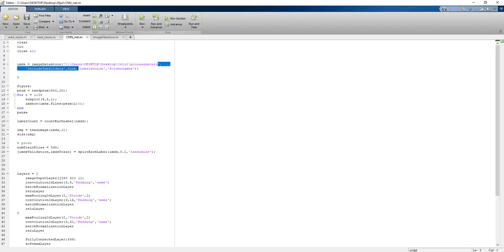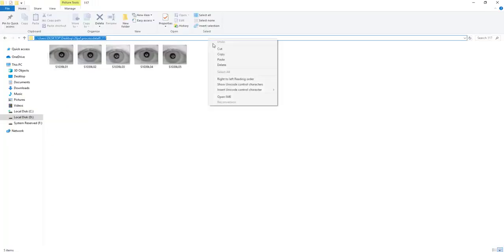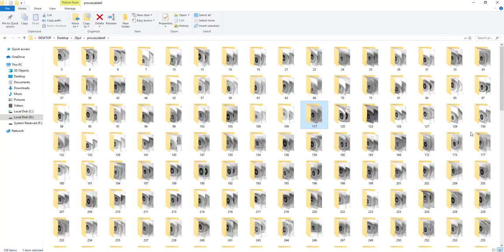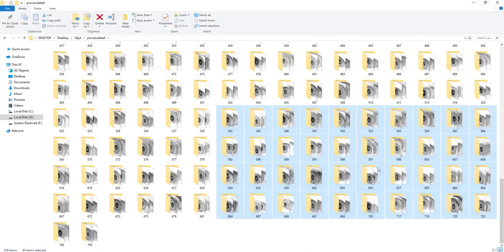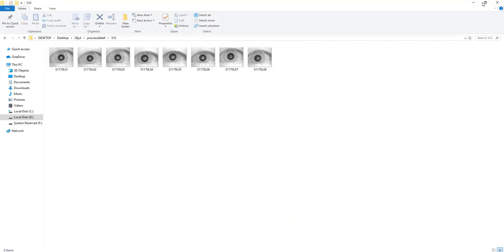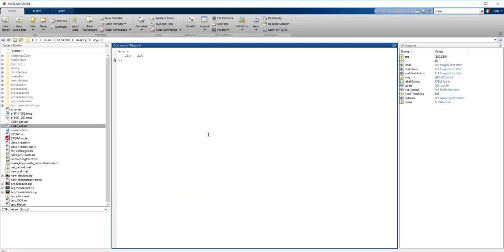This is my main data set folder. Let me open it for you. It contains 338 folders, each containing a unique subject, and with the help of the image processing toolbox I can show you the unique pattern of iris also.